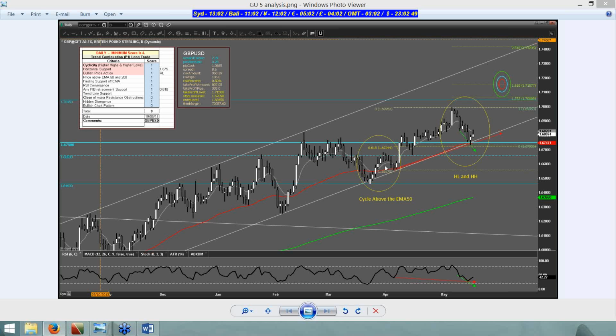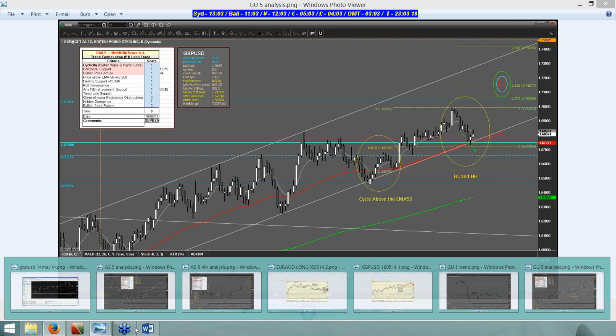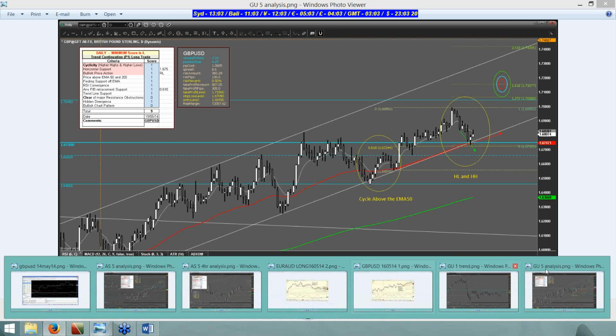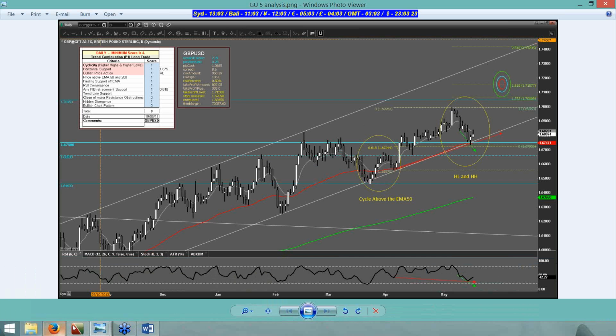Cycle above the 50 MA. Yeah, there's sort of a little cycle underneath it, and then a cycle above it, and that's why I didn't buy into the cable here, because it wasn't making higher highs. But now looking at it, the trend line, this target here, the 618 is potentially valid, but if this channel is true, surely it'd be up there. Your target would be closer to the 2 level rather than the